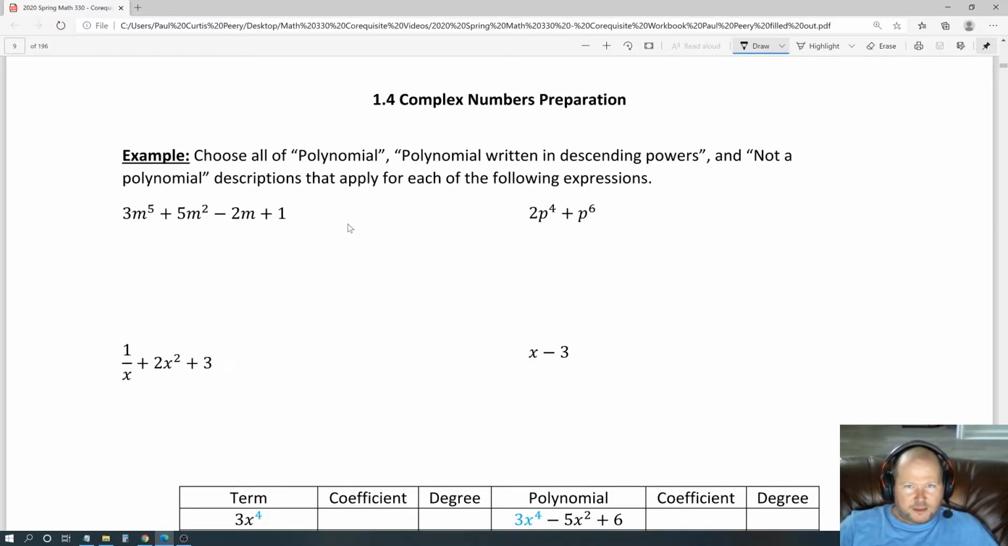1.4 complex number preparation. Okay, so we're going to choose all polynomials written in descending powers and not polynomials, descriptions that apply for each of the following expressions. So, polynomials,